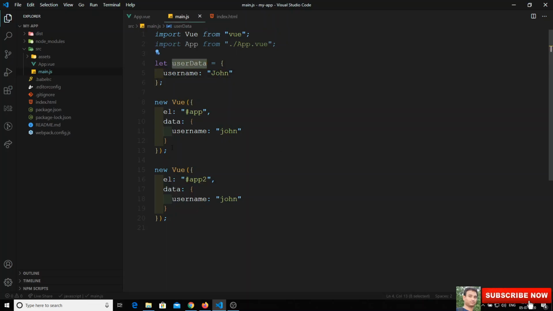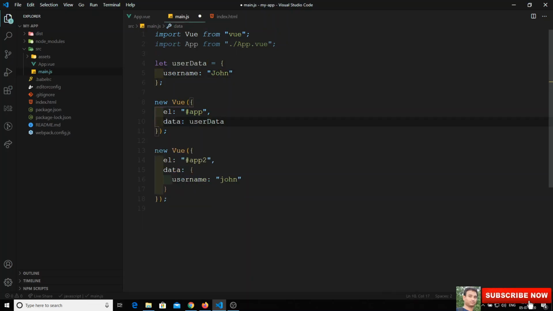I will take this userData and update it here and here. Now we have a single source of truth, the data in a single source. Whenever either instance updates the user data, it will update only this one object.